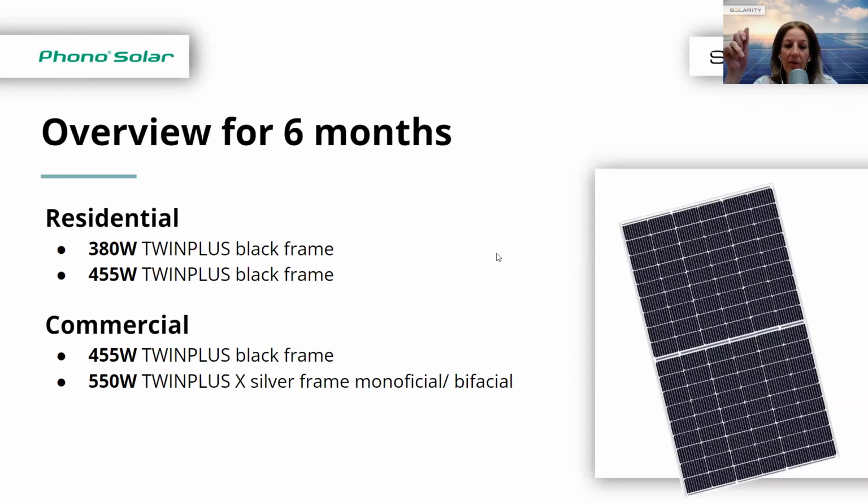Power output 455 they have with black frame, silver frame, and full black, and it comes in the range 450, 455, 460. Whatever you need, this is usually available in 10 to 16 weeks. For commercial as well, you can use 455 or 550. In this case, we can offer those as monofacial or bifacial. It's one of the second products we have available as bifacial, or we can recommend bifacial models from our portfolio. Jinko, maybe some experience from Jinko, what you have?